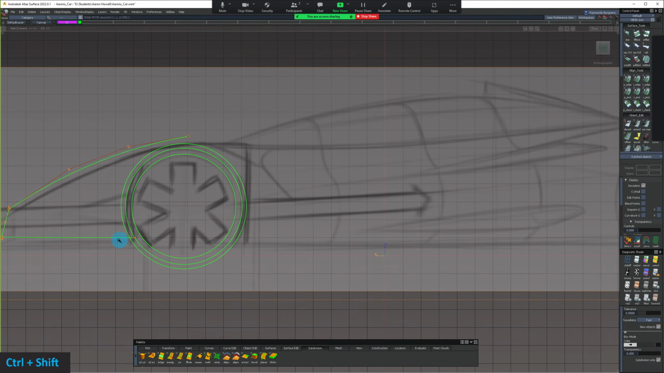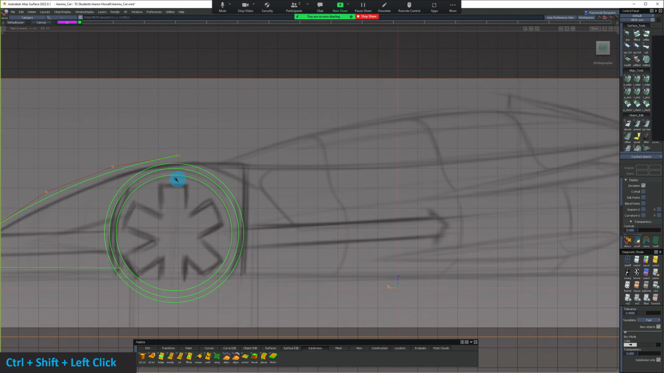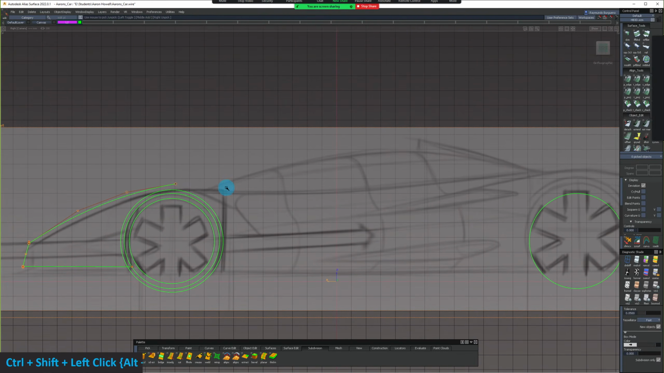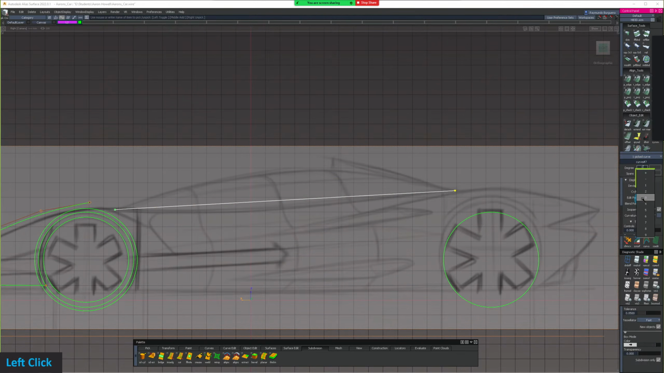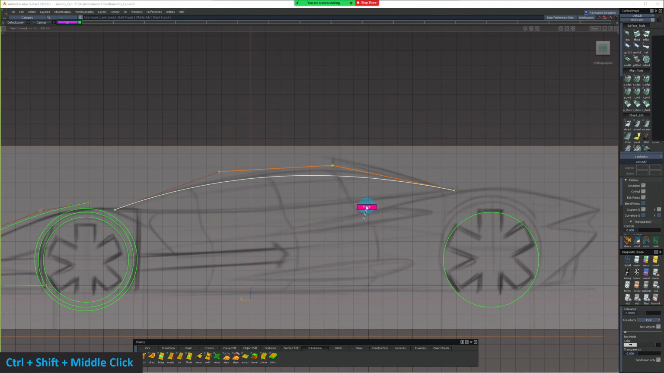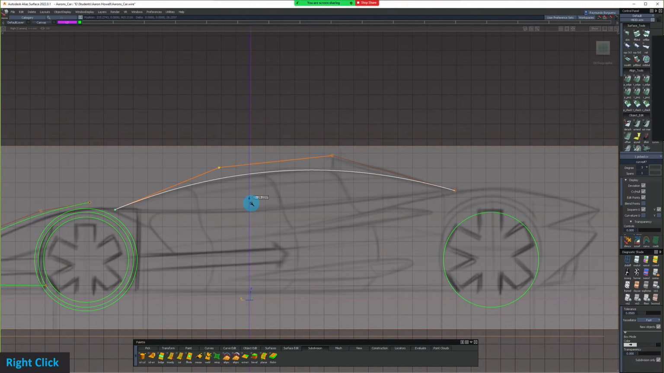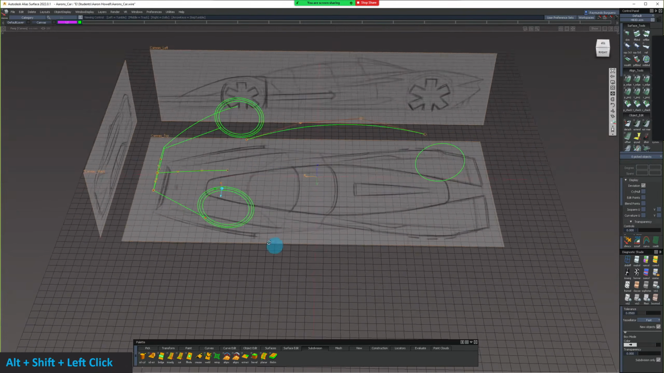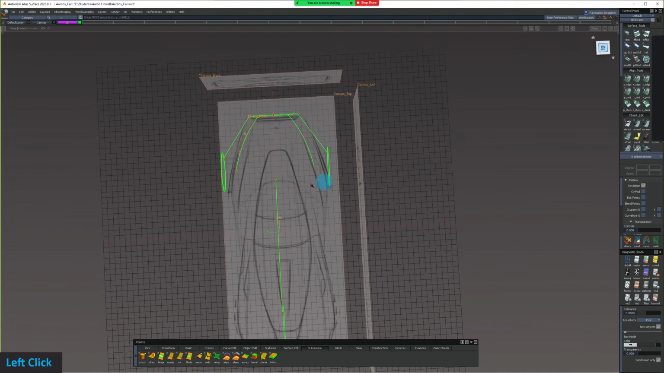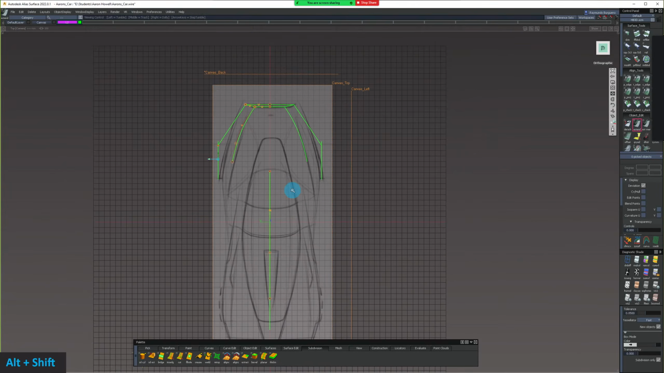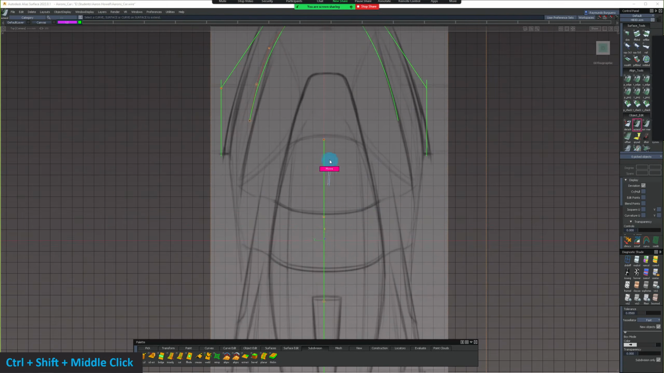And then, since I'm already in the side view, I'm also gonna get this one like that. Add more degrees. And then we're gonna go like that. Right? And then from the top,